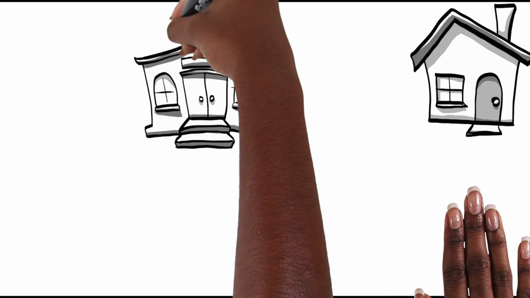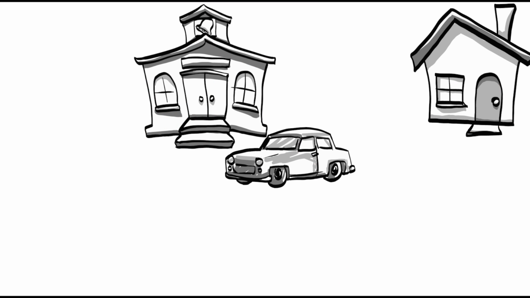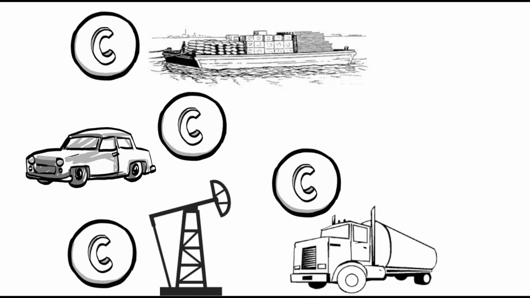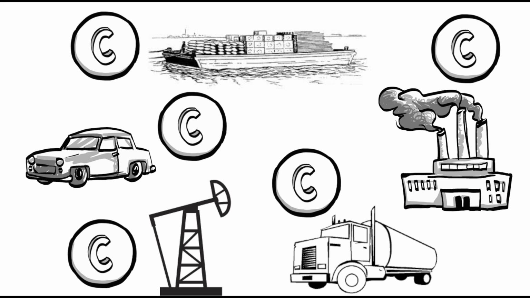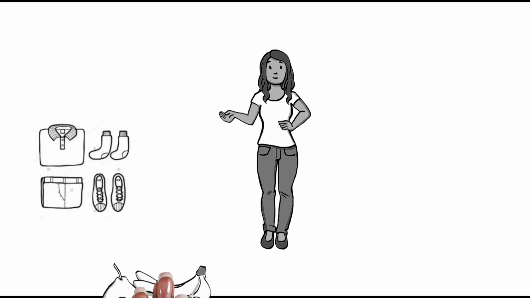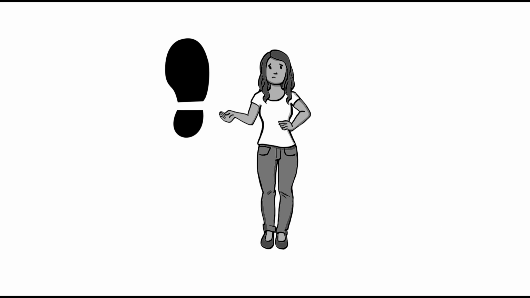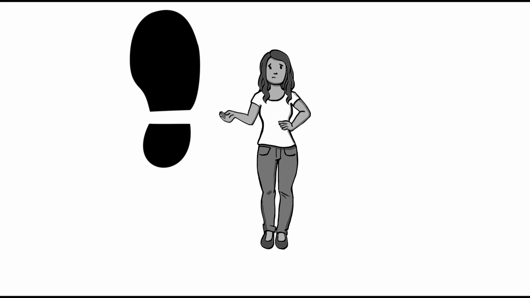Well, let's look at an example. When you drive a car to school, you're releasing carbons from the engine. But that's not all. Don't forget about the carbons that come from drilling the oil to fuel your car. What about the carbons released transporting that oil? And the carbons released transporting that car? And what about the carbons released while the car is being built? Now try to think about all the things you use on a daily basis. See? Your carbon footprint is much larger than you thought.